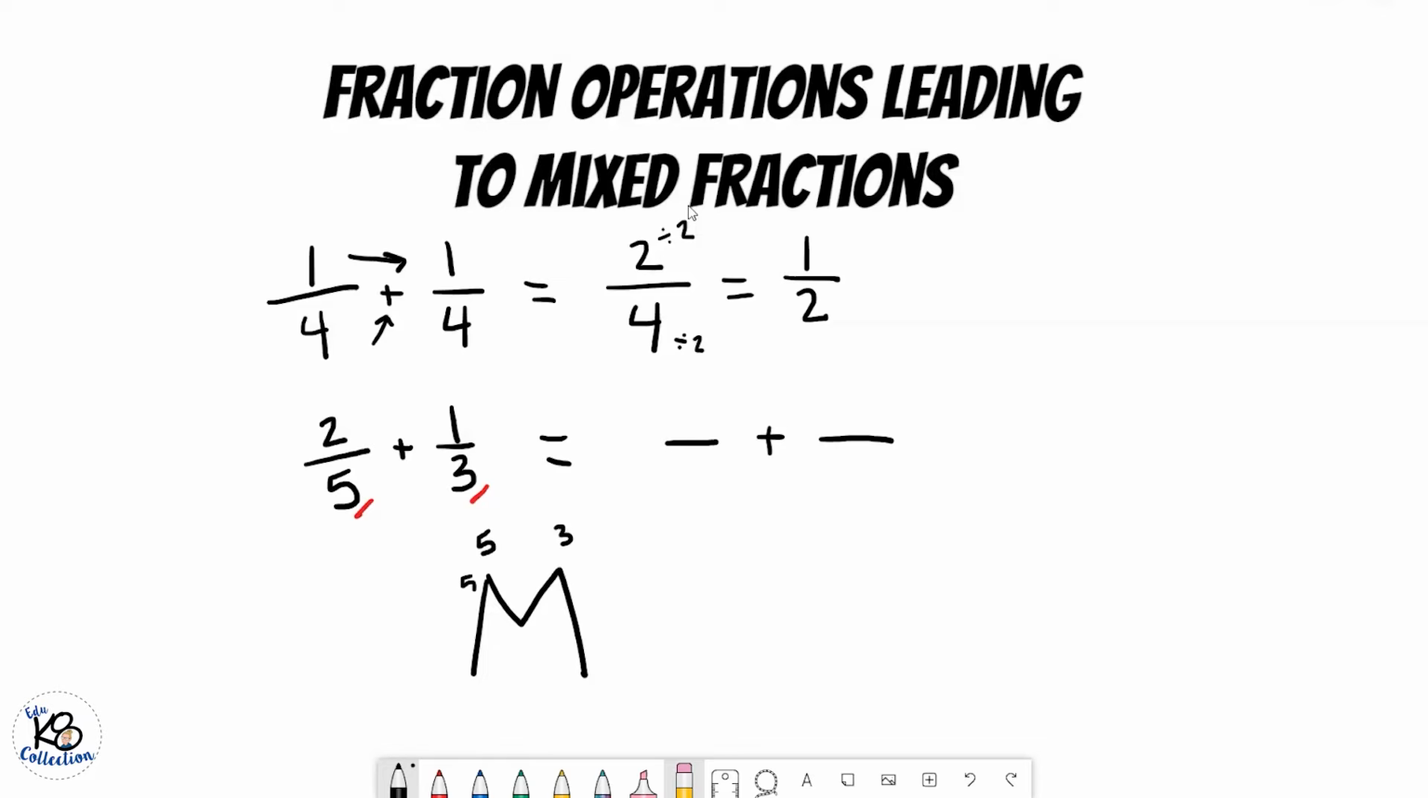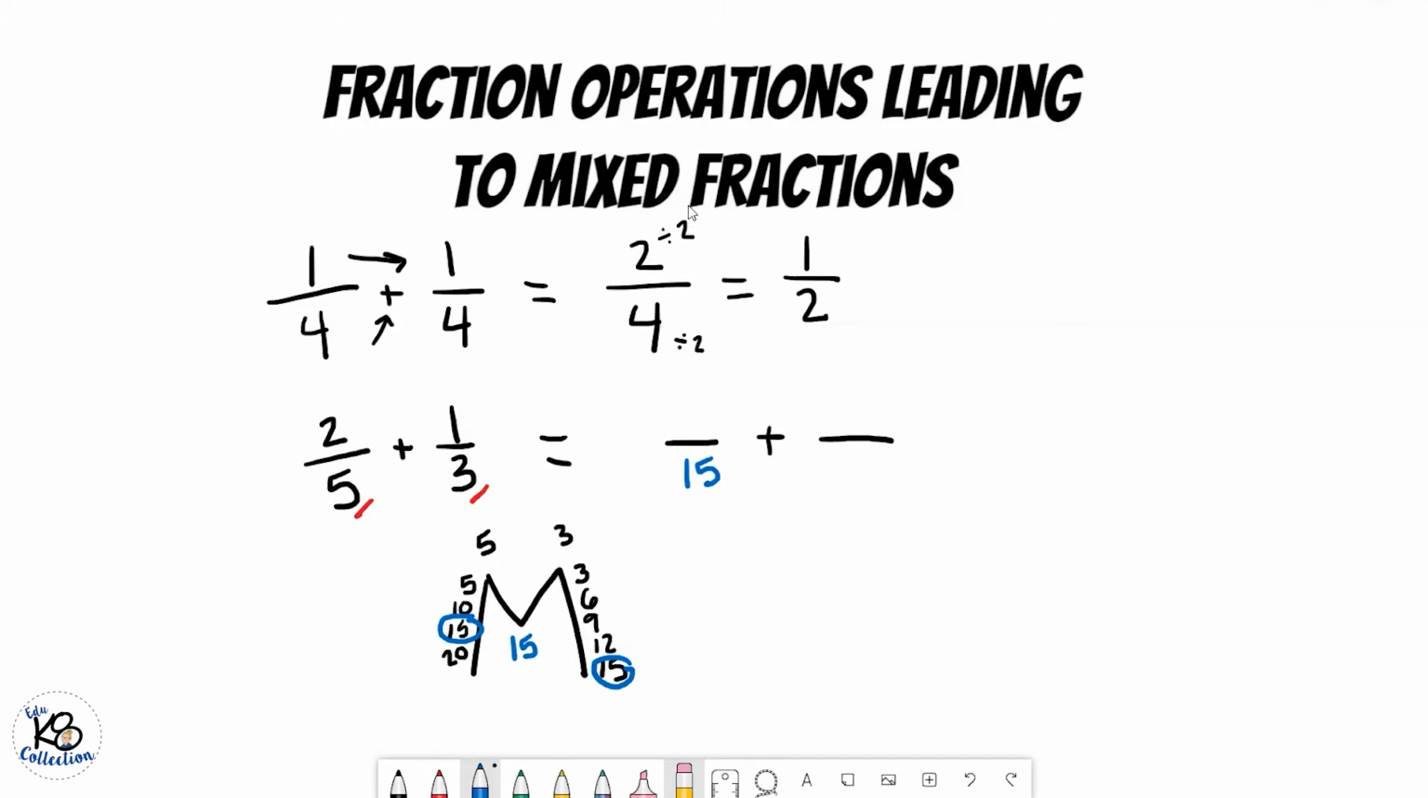So 5 times 1 is 5, 5 times 2 is 10, 5 times 3 is 15, 5 times 4 is 20. I'm going to stop there, but I can continue if I needed to. 3 times 1 is 3, 3 times 2 is 6, 3 times 3 is 9, 3 times 4 is 12, and 3 times 5 is 15. I've noticed that I have a common multiple, and so that is going to be my least common multiple,